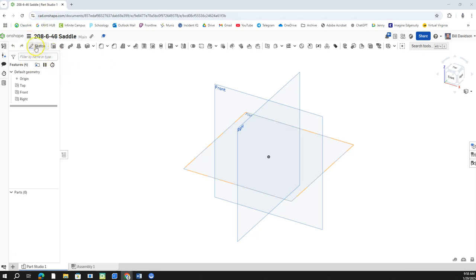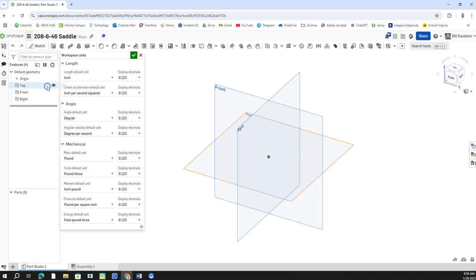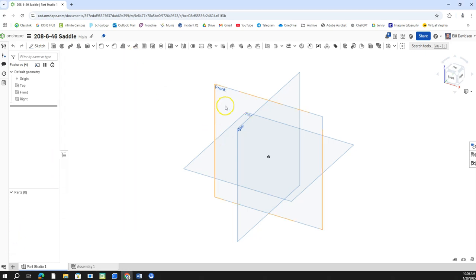But we're going to get started first by clicking on this. We're going to change our workplace units to millimeters and change the decimal display to 0. Now that we've got it set to millimeters and 0 decimal places, we'll check that, and we're going to move on. I'm going to do the exact same thing I did on the last one, which is right click here,